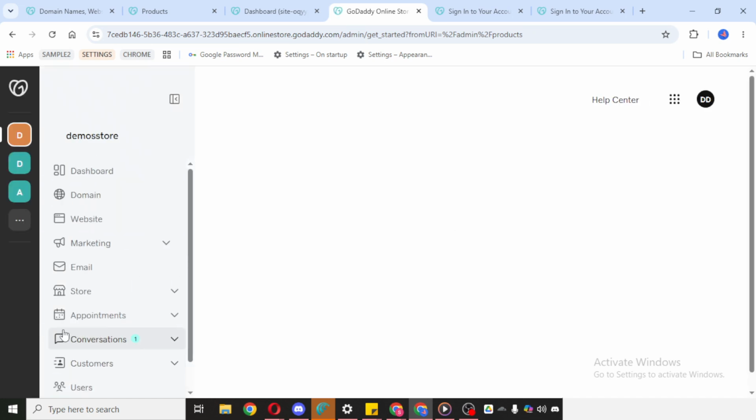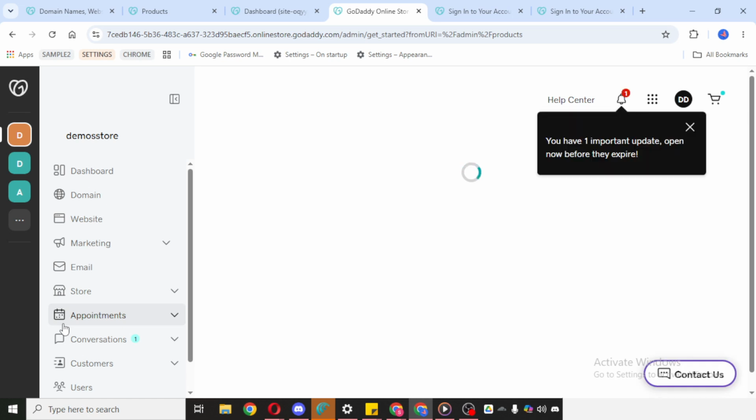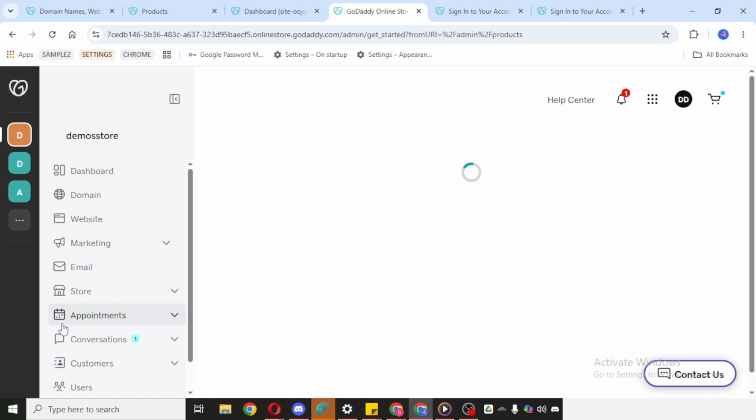As you create it, make sure to fill in the important details clearly, such as the product name, description, price, and any other options available in your store setup. The more complete and accurate your product information is, the easier it will be for customers to understand what you're offering. You can also customize everything as needed. For example, you may be able to update product images, categories, variations, or other store-related settings depending on your GoDaddy plan and store features.